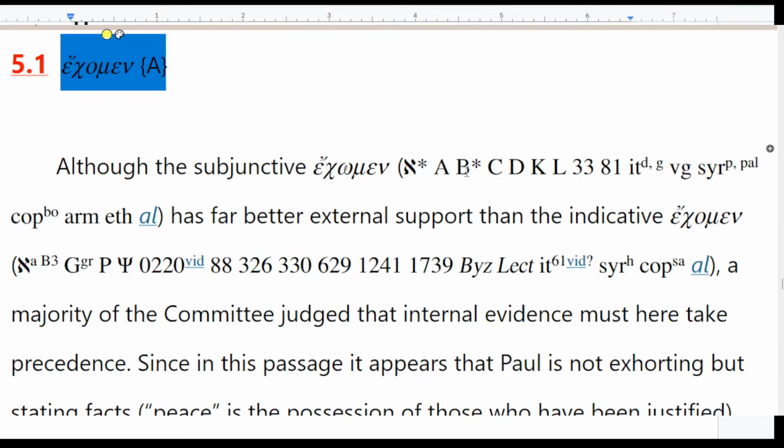Codex Alexandrinus, B is Vaticanus, in the original hand, and all of these other manuscripts, witnesses, translations from the ancient world, has far better external support, that is to say, manuscript support, than echomen, which does appear in Sinaiticus in the first hand, and a number of other manuscripts. A majority of the committee judged,